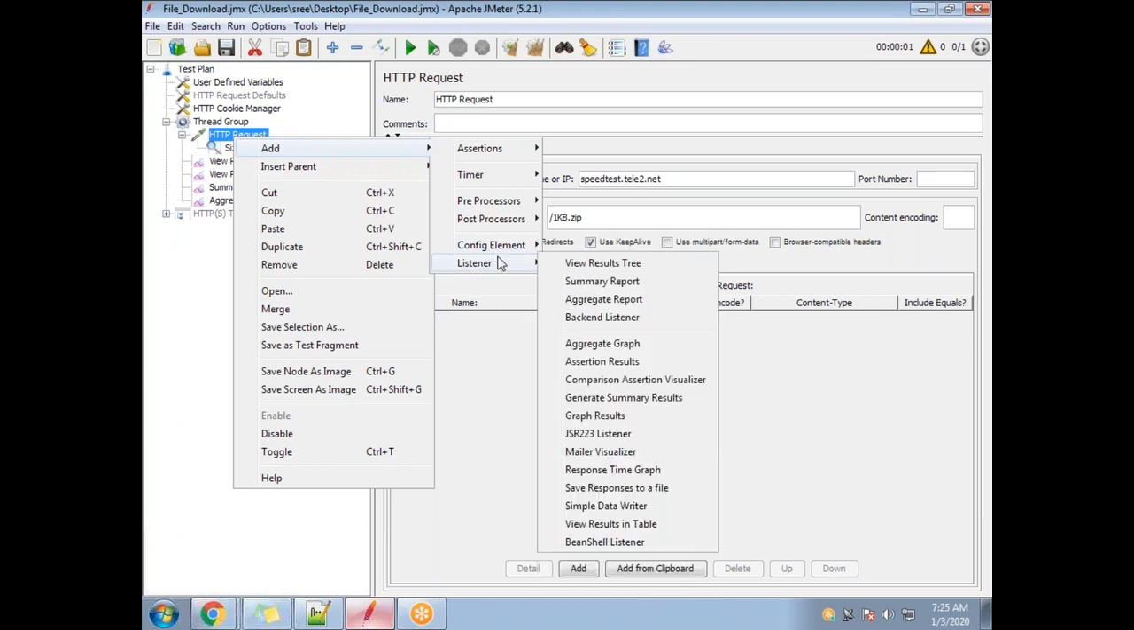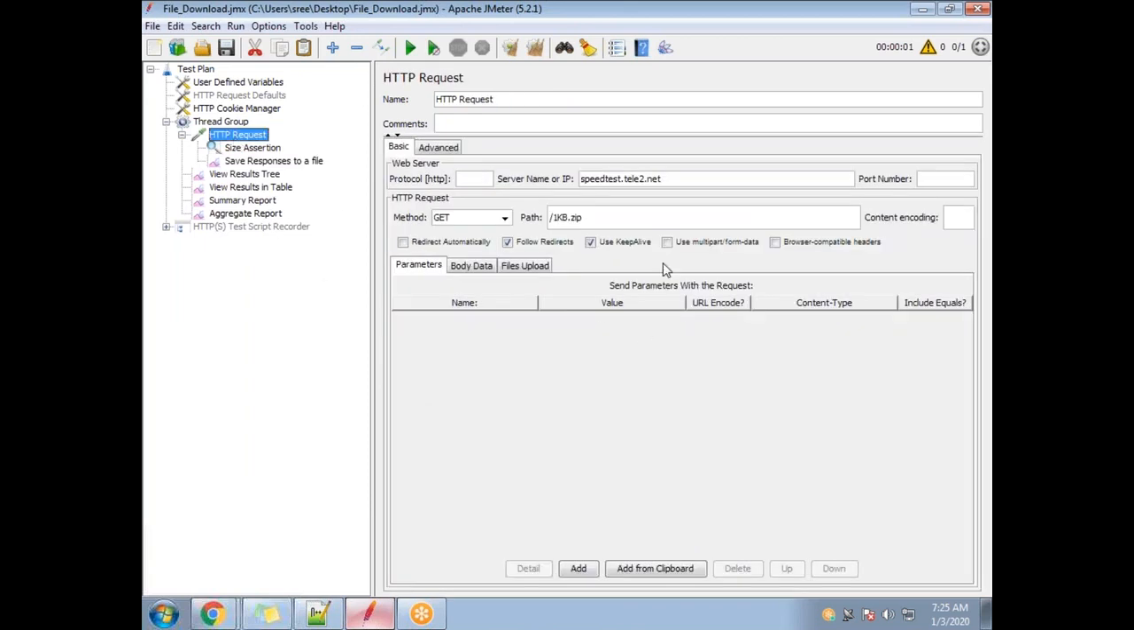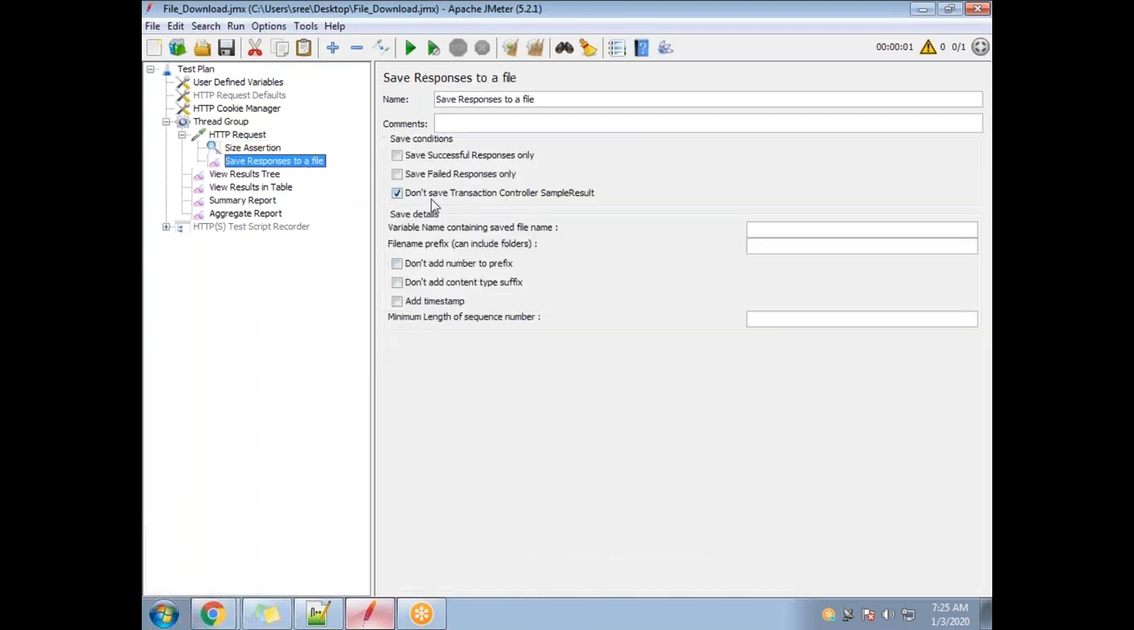I thought it was in config element. No, it is in the listeners. Okay, save responses to the file. So automatically this response, or the file which is getting downloaded, it will be saved into the file, and it will ask you, okay,